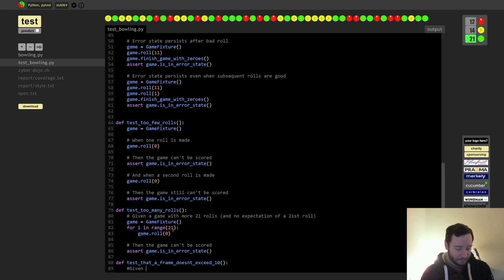So given the first rolls in a game is... The three keywords here are given, when, and then. Given describes a state, like a setup, the state before the test stuff happens. When is the thing that is being tested happening, and then is the result. In this case, when is probably the only one we need. We don't need a given. So when